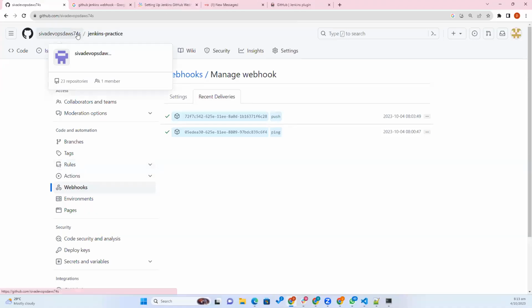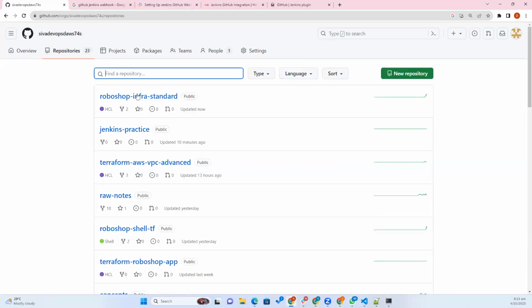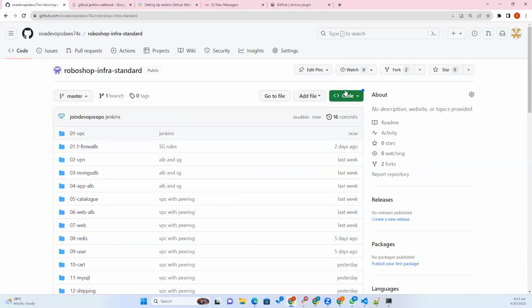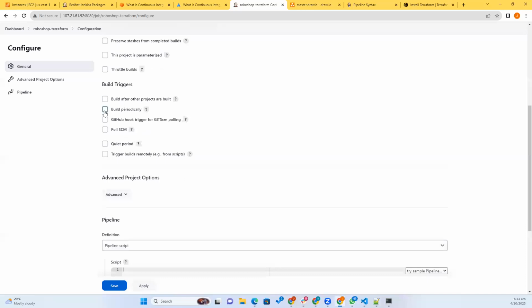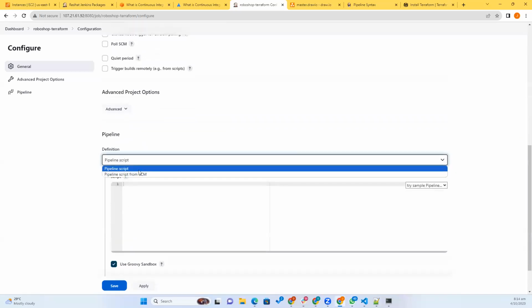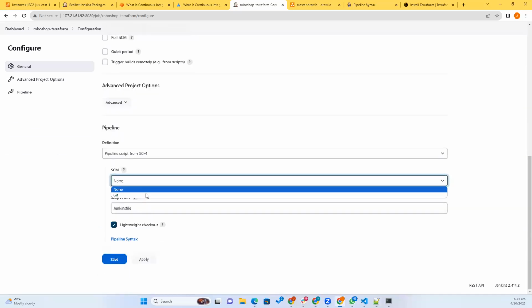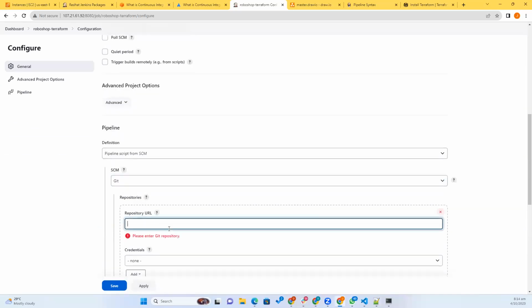Now go to our repository. Copy the URL and configure in Jenkins. Okay, let us trigger this manually. Okay, you have multiple options. You can periodically run this. You can poll SCM instead of Git sending the event to the Jenkins pipeline. You can continuously ask GitHub whether there is an update or not. That is okay. And pipeline from SCM Git, and this is our